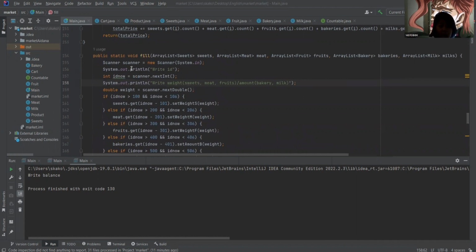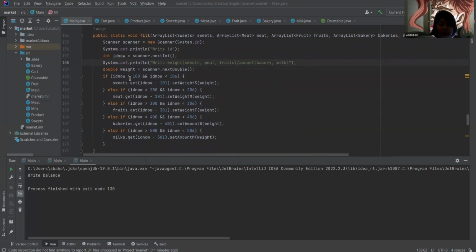We write the ID of a product, for example 204, and then we write its weight or amount. Then we check which class it belongs to. In our case, if the ID is bigger than 200 and less than 206,